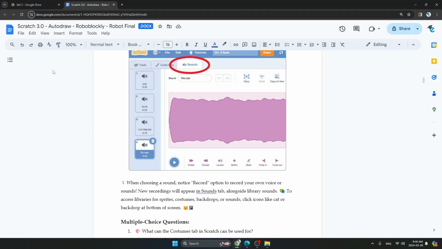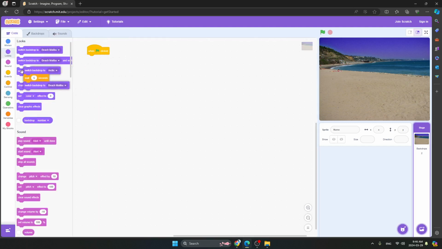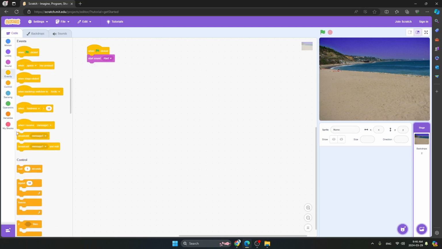Okay. So let's do this. What we will do next over here is we will go on code. We will remove these three codes and now let's do it. We will take the start sound alert. Okay. And now we will take wait 1 second in the control block.